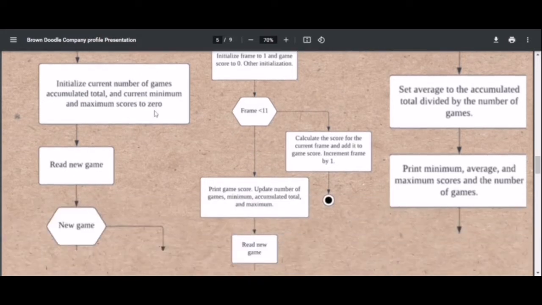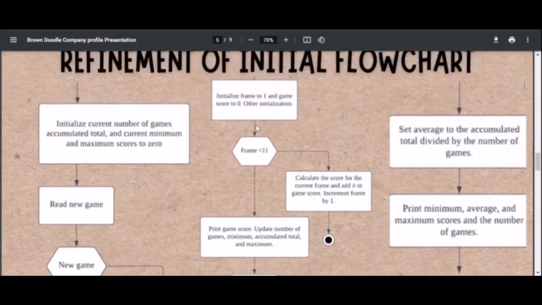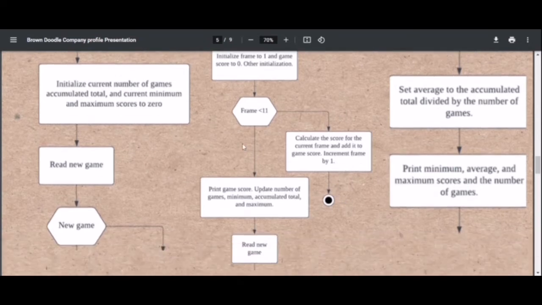Firstly, initialize current game, current number of games, accumulated total, and current minimum and maximum score to 0. Read new game. If true, initialize frame to 1 and game score to 0. Then, is frame less than 11? If true, calculate the score for the current frame and add it to the game score, and increment frame by 1. If false, print the game score, update the number of games, minimum, accumulated total and maximum,